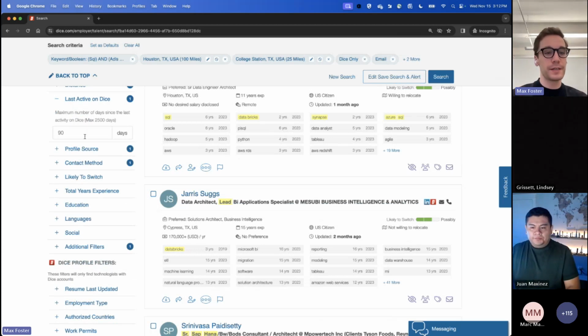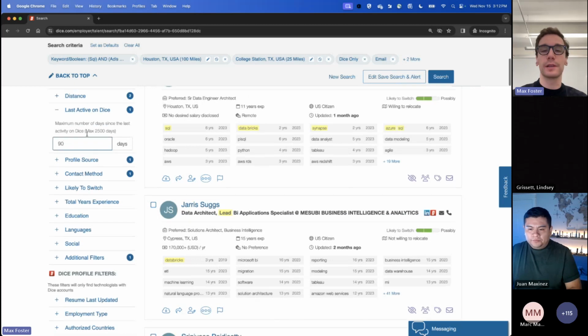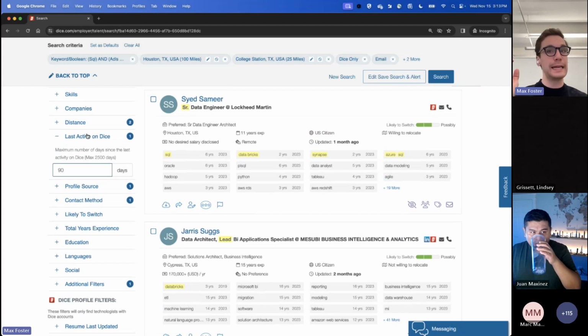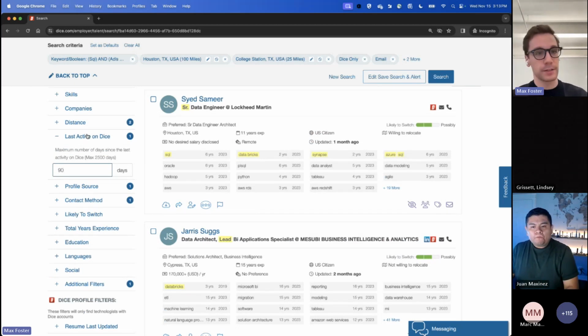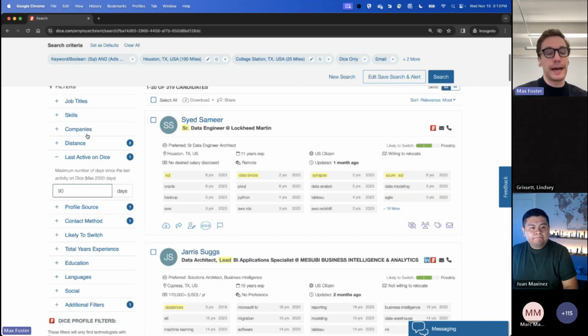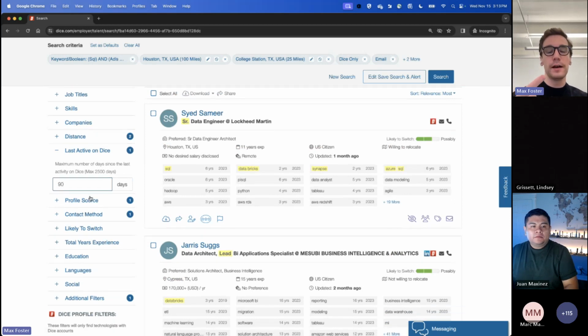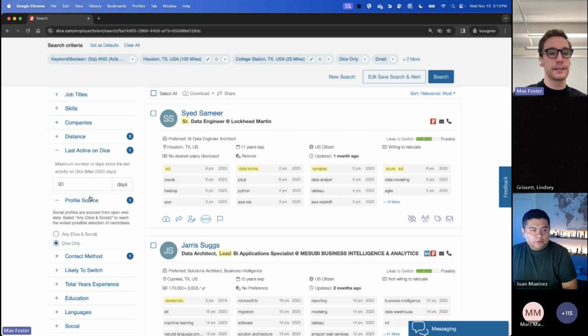Perfect. There's a couple of ways to do that. You want to come here to last active. That's honestly what I use, John. By simply typing in any number here, it just means you have to be active within X number of days. That's great. That means they had to have been active, right? And that means updating their profile, adjusting their email address, changing a phone number, applying to a job, anything like that. So I like that filter a lot because that just automatically does it.